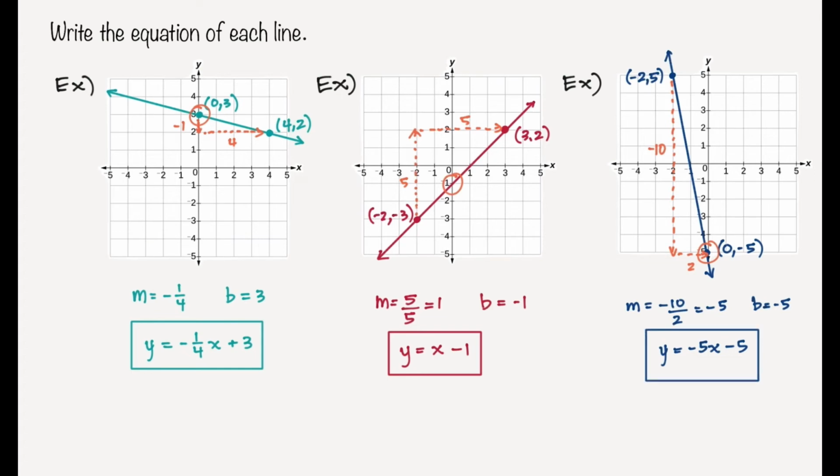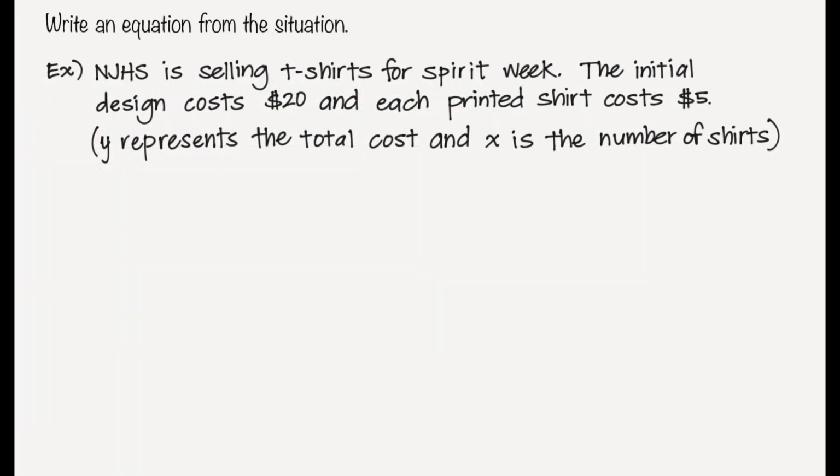All right. So now let's move on to a word problem where we're going to write an equation. It says that NJHS is selling t-shirts for Spirit Week. The initial design costs $20. Okay, so that is a one-time fee. And each printed shirt costs $5. And we're going to use Y and X, where Y represents the total cost and X is the number of